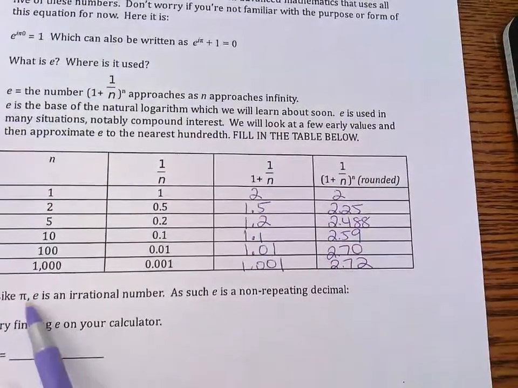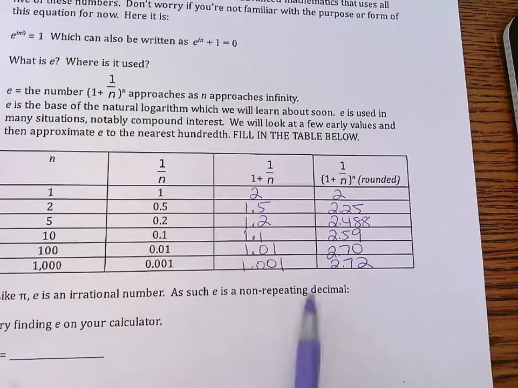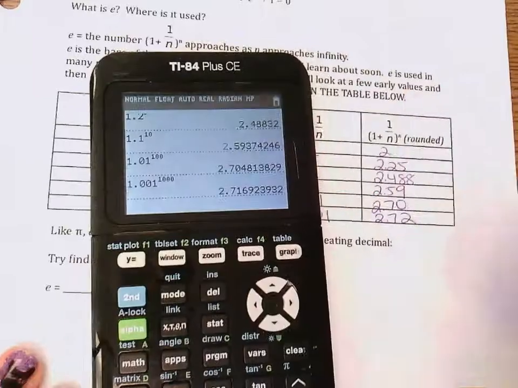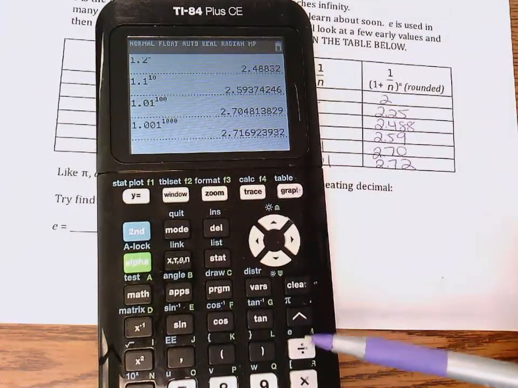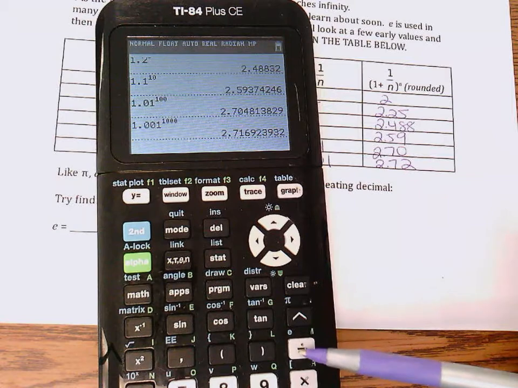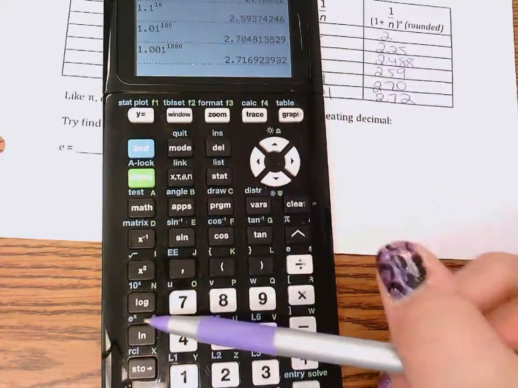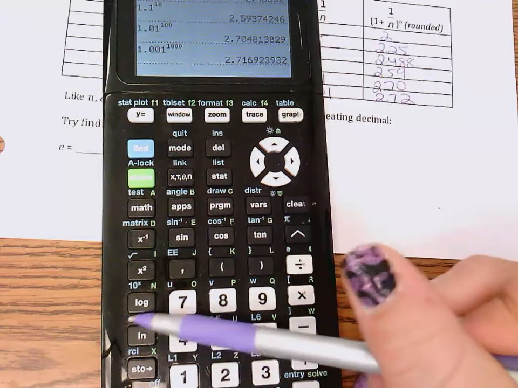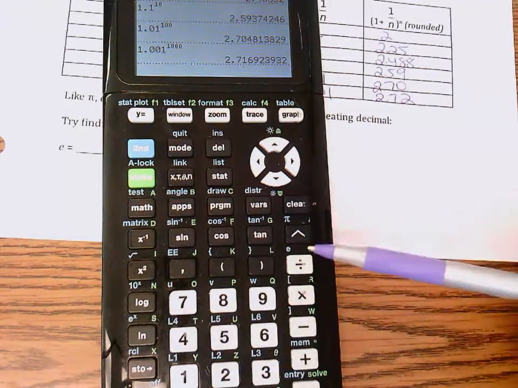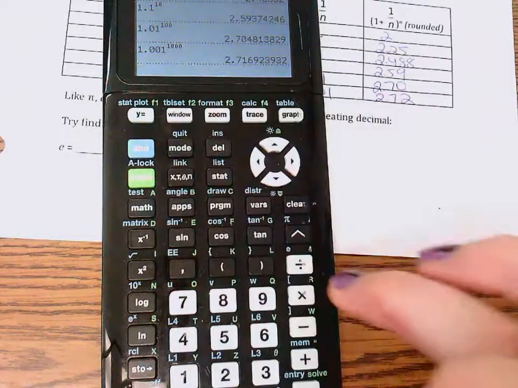So e is irrational, so it's a non-repeating decimal. Let's just try to find e on our calculator. If you notice, pi is above that exponent key, e is above the divided by sign, and there's actually an e to the x key over here over natural log. So if you need to do a power of e, you can use that button. But if I just want e, I can go second, divided by sign,